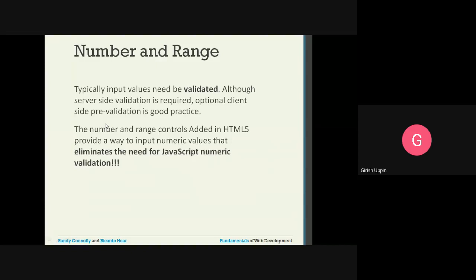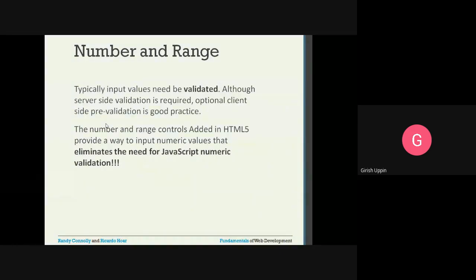Whenever you are taking data on the form, that is the client, you can do the validation using JavaScript. Let us say some data entry should be only numbers. If you are sure this entity can take only a number, you can validate whether it is a number or not.